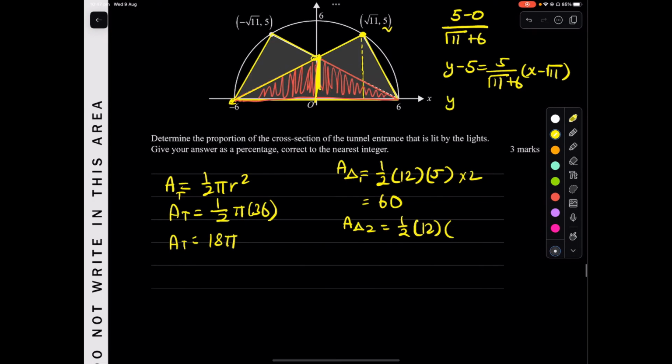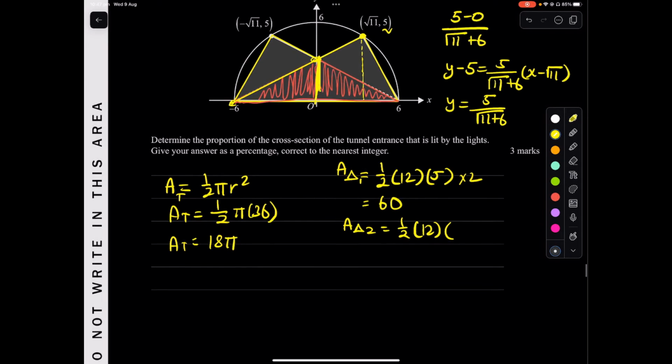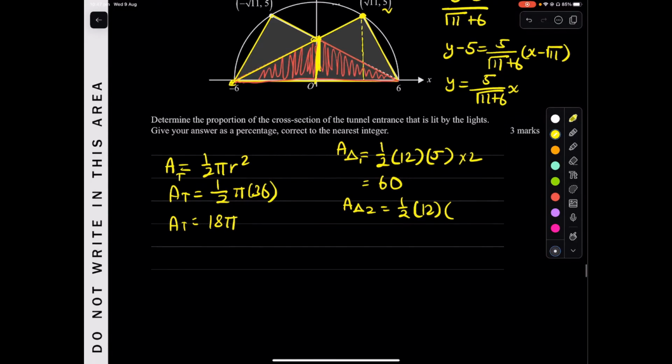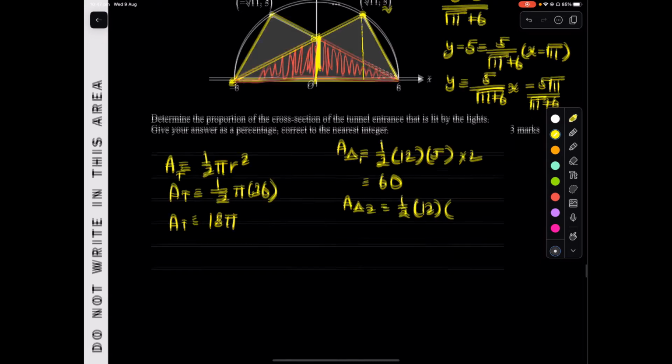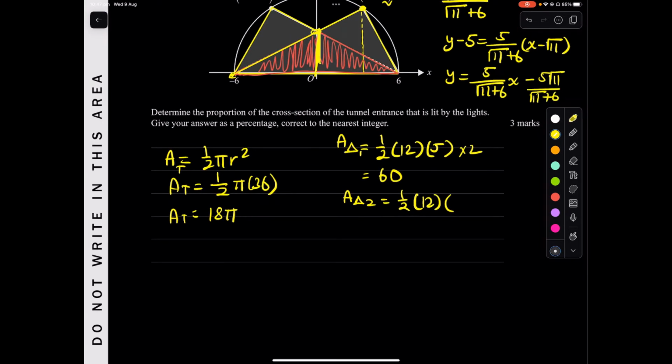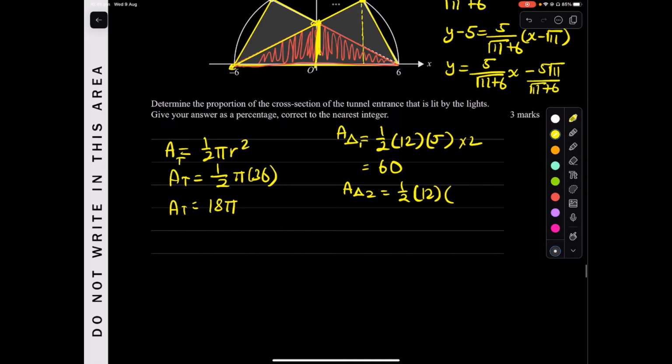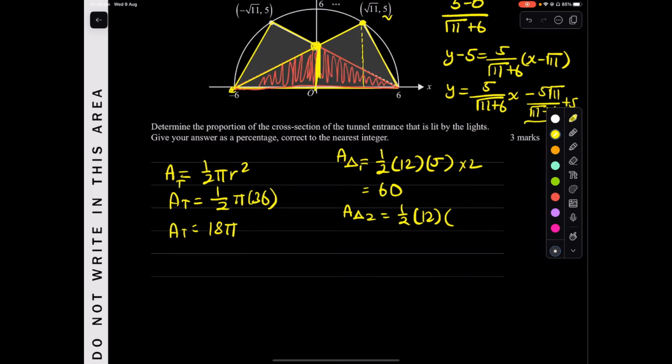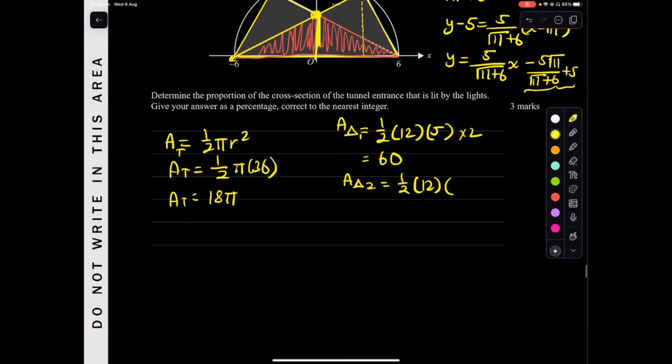Okay, so y equals 5 over root 11 plus 6 times x, minus 5 root 11 over root 11 plus 6, plus 5. So this over here is your y-intercept here. So putting that here,